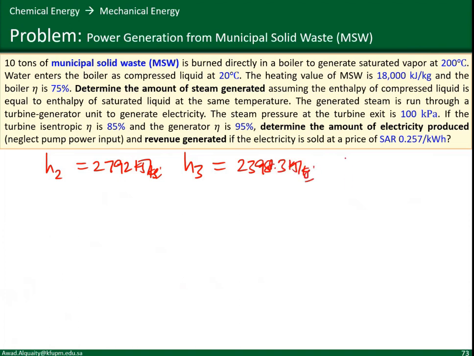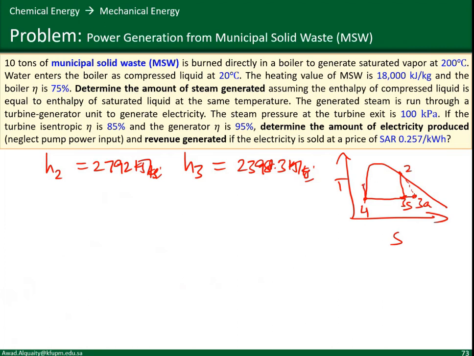Okay, and just again for reference, we're looking at the Rankine cycle. This is state 2. Vertical line will give you 3S. This is 3A or 3 because of the increase in entropy, and then we end up with state 4 and